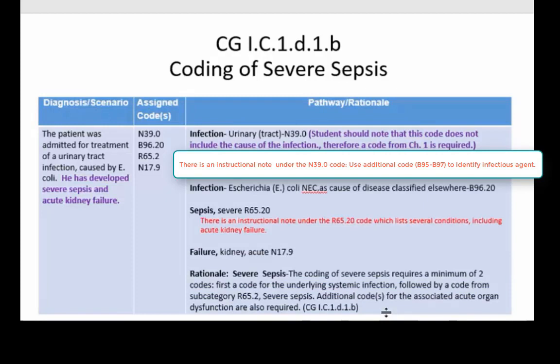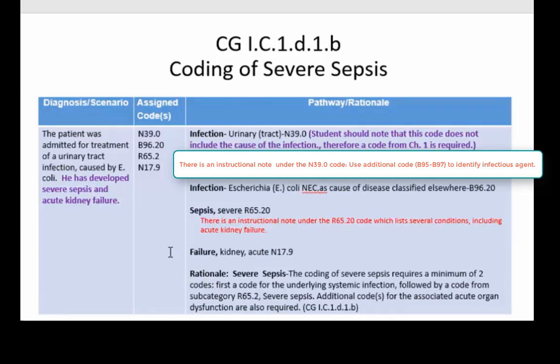The DRG is part of the payment system for how the hospital is reimbursed. So you always want to accurately code the principal, because that's your principal driver for which DRG is going to be selected. We'll be talking a lot more about DRGs later in the course, but the point I want to